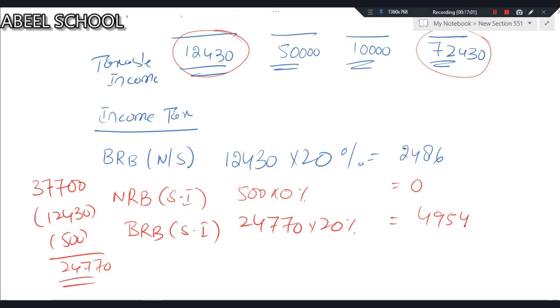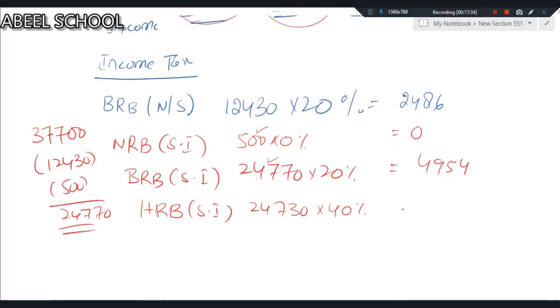So we have fully utilized the basic rate band. So from this 50,000, you will be deducting 500. From this 50,000, you will be deducting 24,770. Whatever comes, that definitely falls in higher rate band. So dear student, from saving income, which is 50,000, first we deduct 500, then you need to deduct 24,770. 50,000 minus 500 minus 24,770 gives me 24,730, which definitely falls in higher rate band with the applicable tax rate of 40%. I'm getting